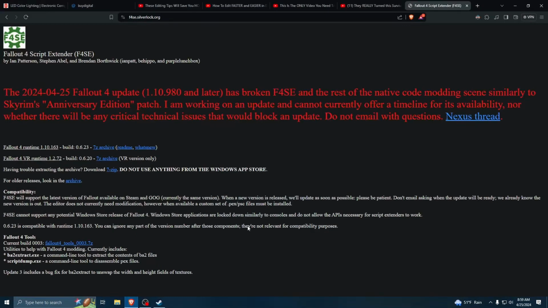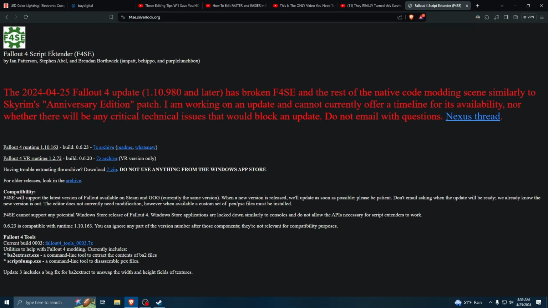Essentially, you want to use a third-party launcher to open the game, because if launched from Steam, it's going to need to be updated. Fallout 4 Script Extender is a really necessary program for running a lot of mods. But even if you're not running a modded Fallout 4 installation, you can use it to at least open your game without having to do the mandatory updates. So essentially, you want to navigate to